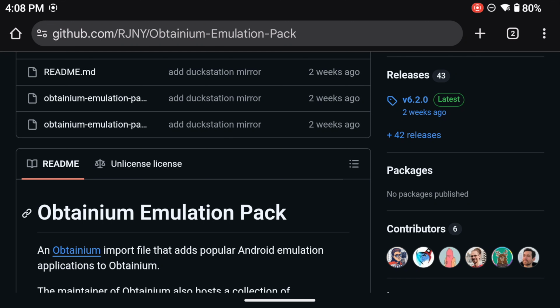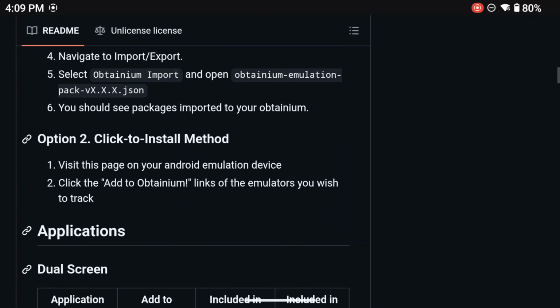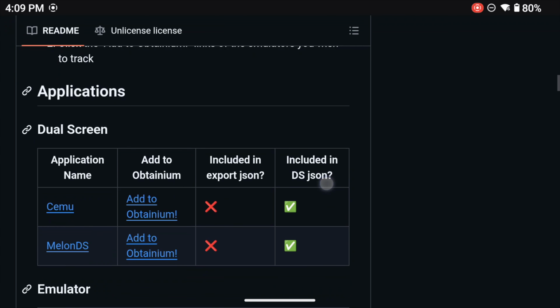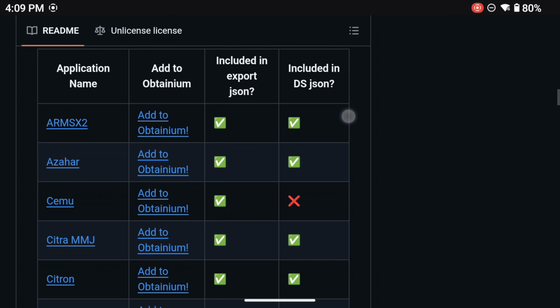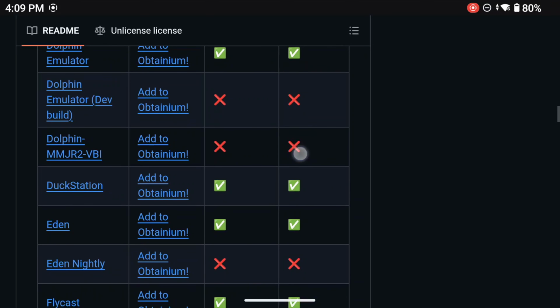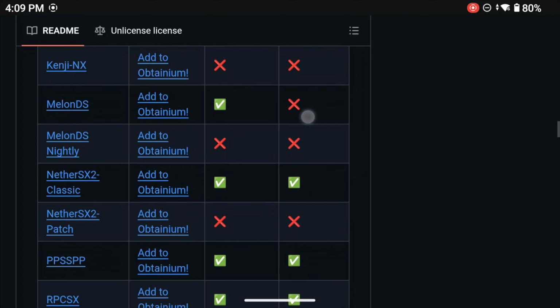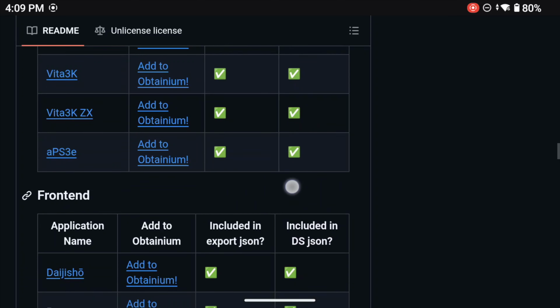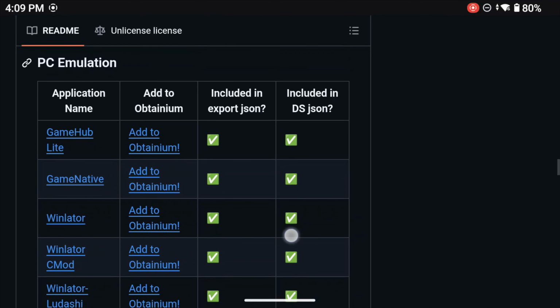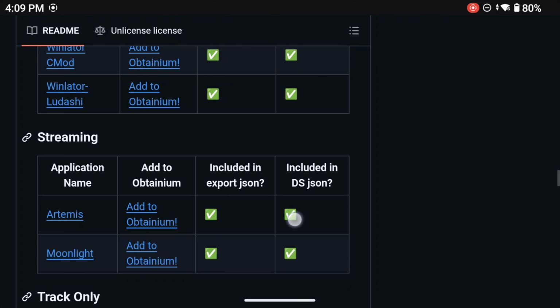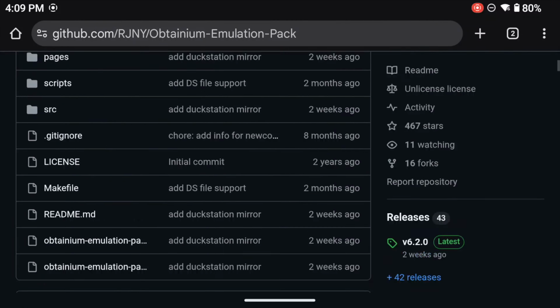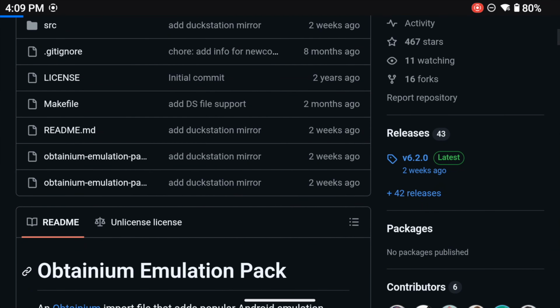If you scroll down this Obtainium page, you can see there's some dual screen applications, there's all the different emulators, and you can add them one by one by one. But it does just tend to take a little bit too much time. So the thing that I find the best thing to do is head over to the releases page, and we're going to download